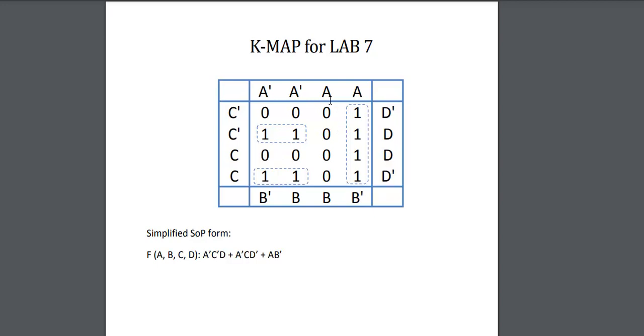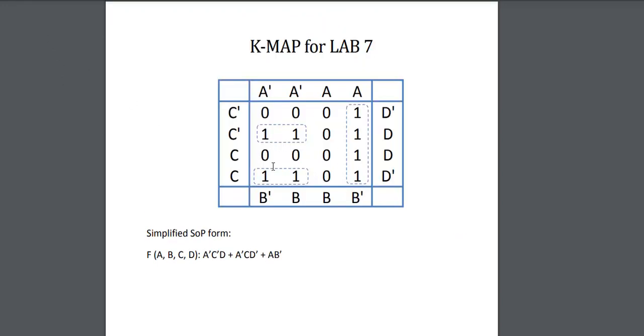Now the next step is to group these ones in a number of 1, 2, or 4, which means that they have to be in the power of 2. So the first group becomes this one, the second this one, and the third this one. After the grouping, we can see that there is a total of 3 groups. So there will be 3 products, and we have their sum, which will basically give out the same output as